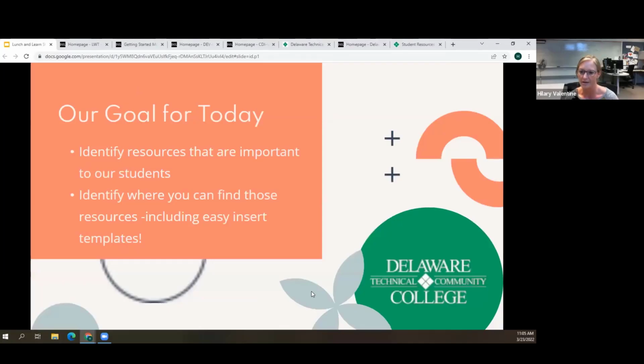So our goals today are to identify resources that are important to our students. And then we're going to identify where you can find those resources, including easy insert templates that we have for your D2L courses, and widgets that are available to put resources at our students' fingertips, because it's our goal to make them succeed. If we can make their job easier and anticipate problems, we're going to lead them into a path